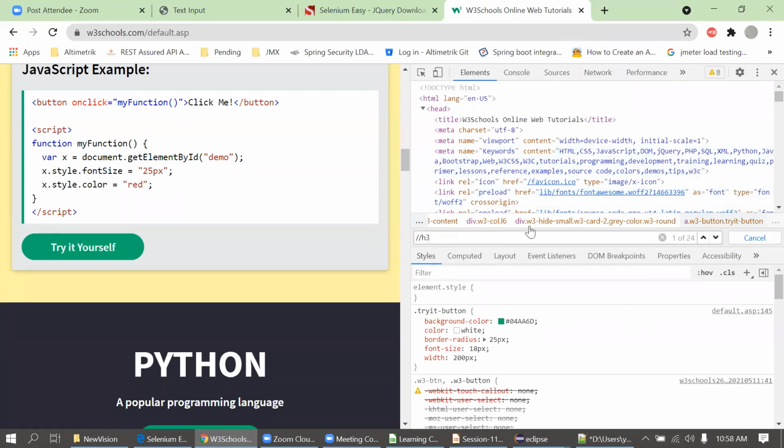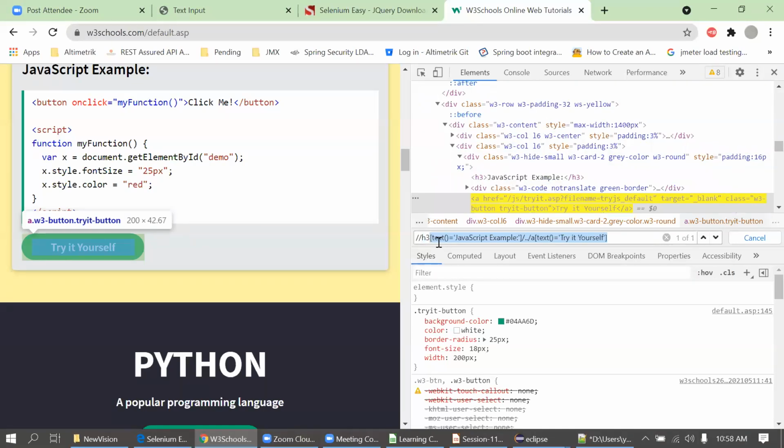Okay, so if you can Control Z and come back to the previous step. In this, after the text method with the JavaScript example, you have used one single slash, and a double dot, and then again a single slash. Here you wanted to mean that I need to go to the immediate next or immediate previous, right?